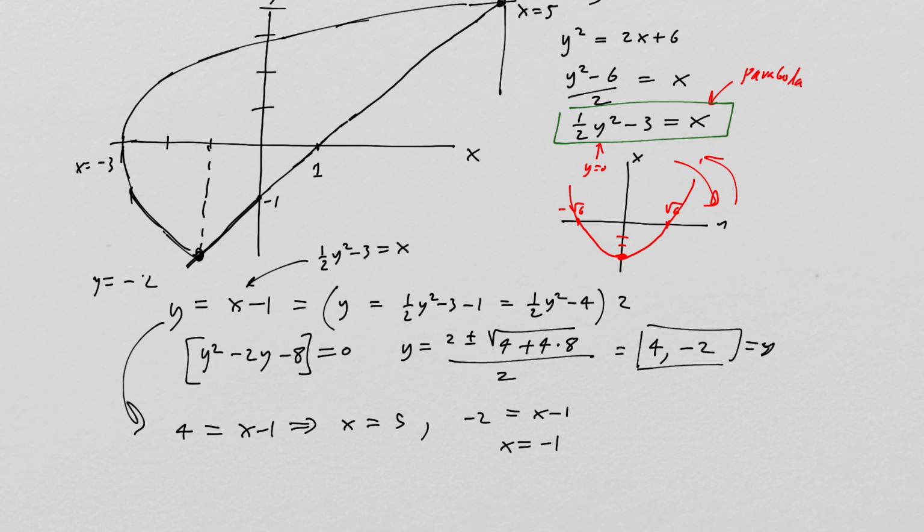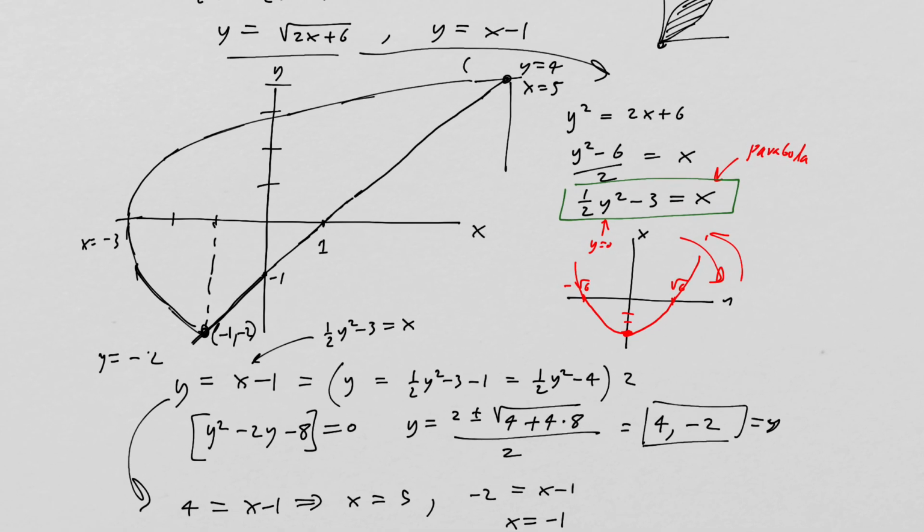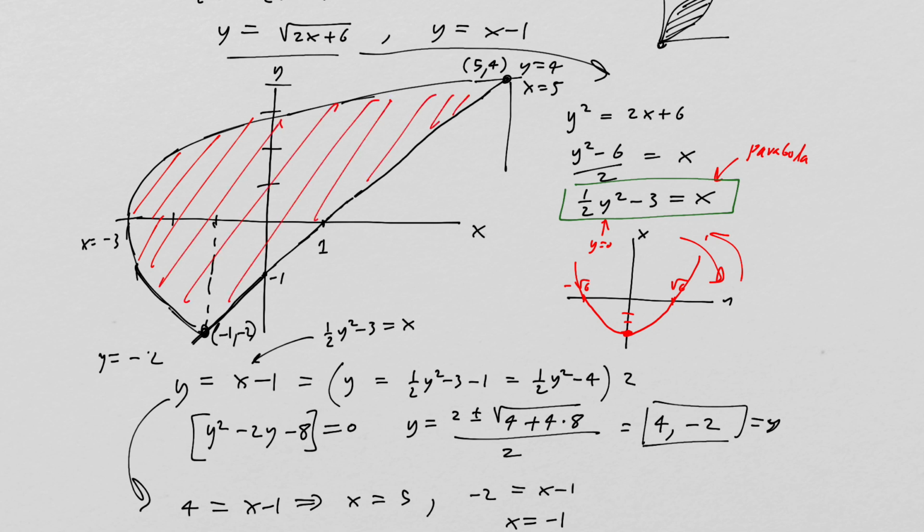Okay. So that point there, of course, is going to be negative 1, negative 2. And the point up here is going to be 5, 4. All right, so we want to compute the area. I want to figure out what the area is between these two curves. Right, the problem here, of course, is that